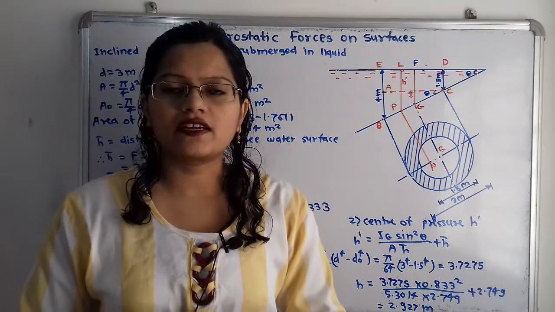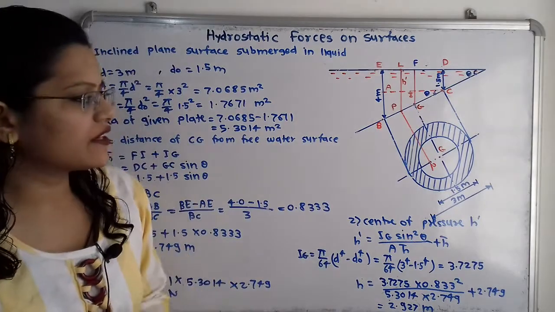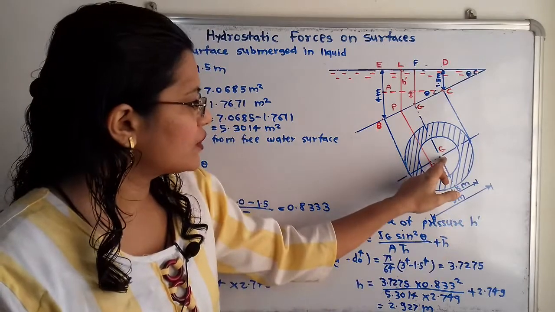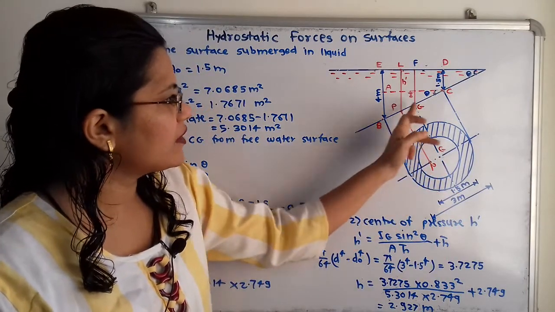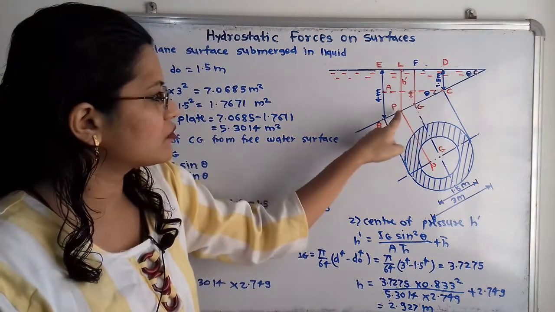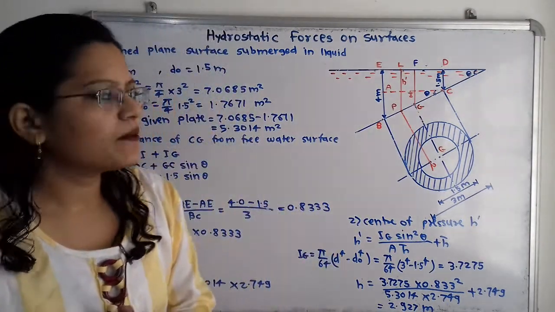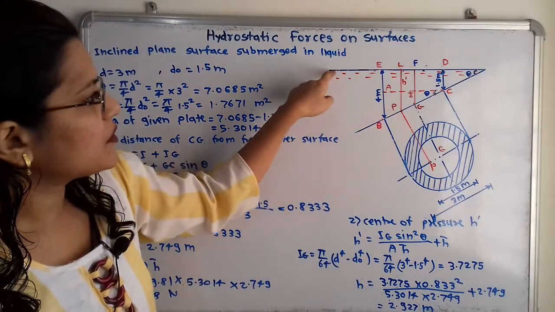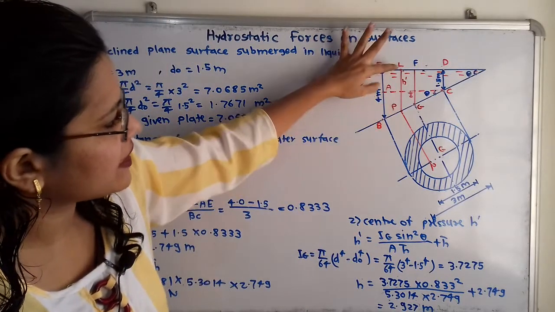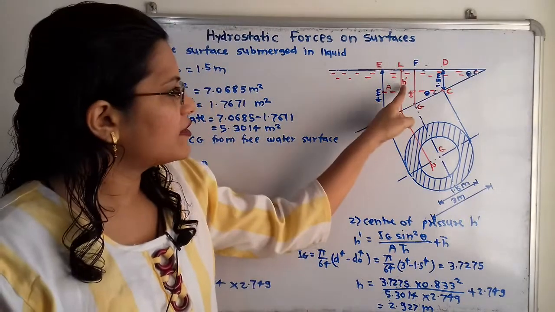Now we will move to the second question, that is the center of pressure. So we know that the location of center of pressure, that is the point P, is below the center of gravity point. So we have to show here the point P and extend this point to the inclined edge. So here is the location of point P on the edge of that circular plate. Now how to locate this point P? For that we will measure the distance from the free surface of water to the point P, and in this diagram, the distance from L to P is h dash. So we will find this h dash.